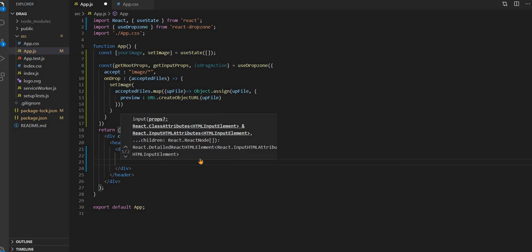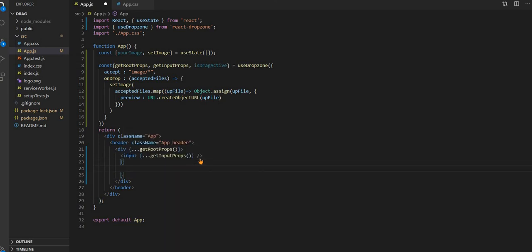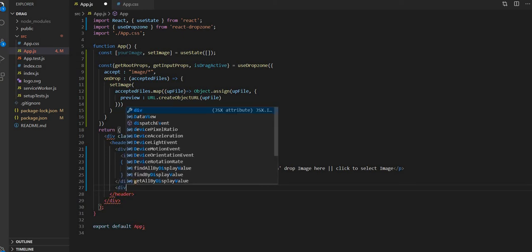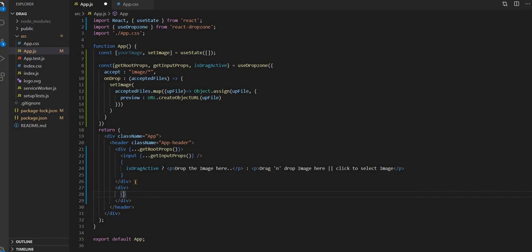Then when we have the drag active, meaning when we are dragging the image, at that time we have to change the message. So if we have isDragActive, show the message, and when our drag is not active, we have to preview the uploaded image. So for that, let's have one div, image.map.